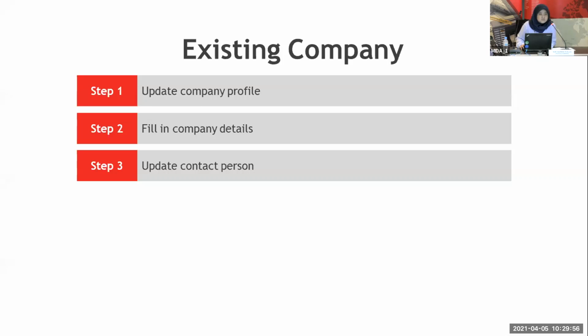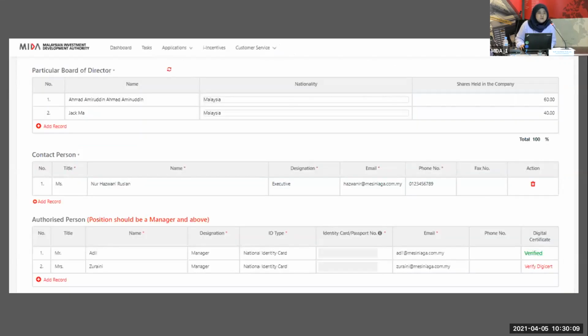Okay, as what I mentioned earlier, the most important thing that you need to update in your company profile, other than your updated address and updated contact details, is your contact person. So what you have to do is verify. For a migrated company profile, you have to verify the listed contact person, whether the listed contact person is still valid.